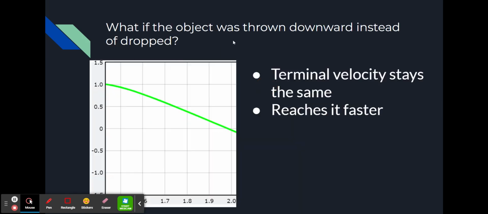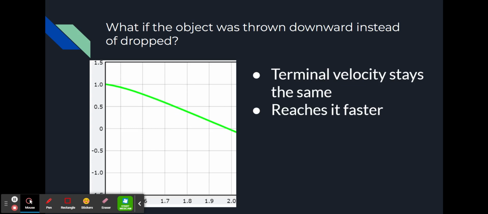Now, what if the object was thrown downward instead of dropped? Well, our terminal velocity is going to stay the same. As you can see, this graph levels out, which means that we're reaching that terminal velocity. The only difference is we're going to reach it faster because it started out